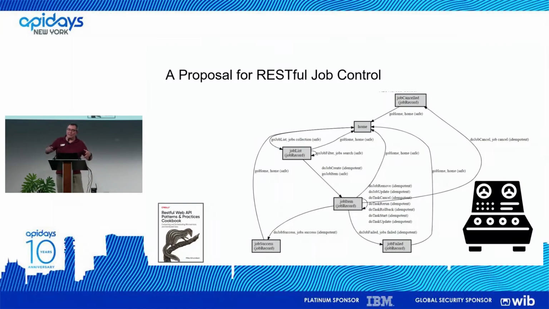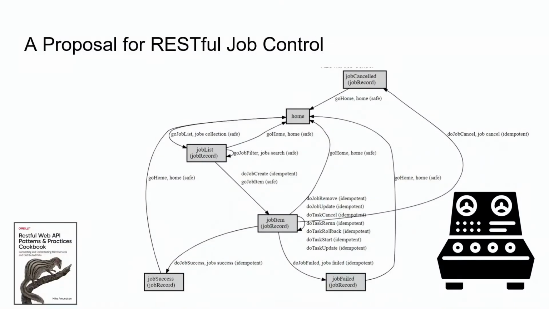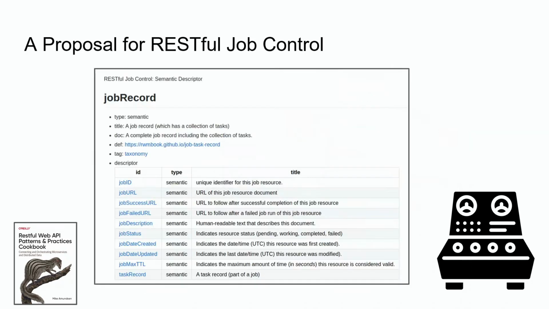What we want to do is create this network of the way things interact with each other. I know this is hard to see. You'll be able to look at the slides later. But basically, we have a list of one or more jobs. Any generic job client or composer client could walk through this list and handle these jobs because it just needs to know how to do those steps. And the real functionality, the real elements involved, you can think of them as Lambda functions. That's the one that computes the tax. That's the one that computes the total. That's the one that handles shipping. And all we're doing is gluing them together.